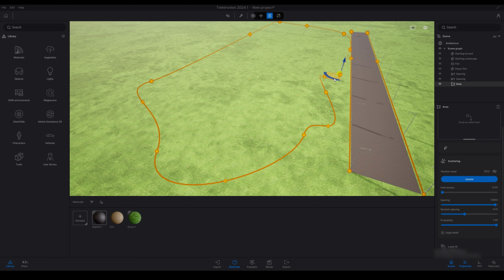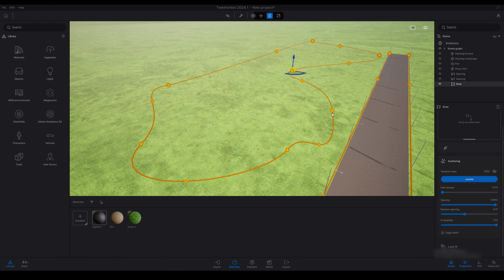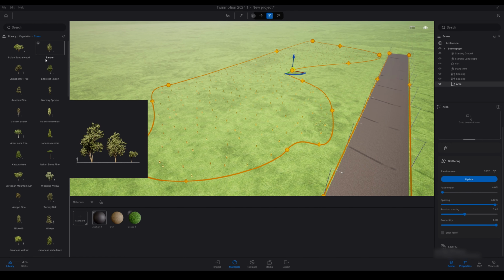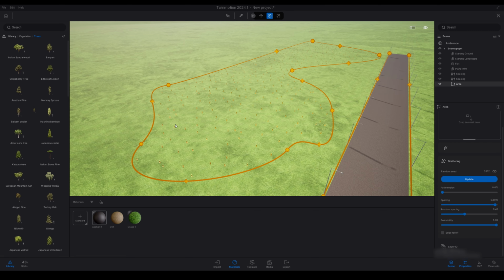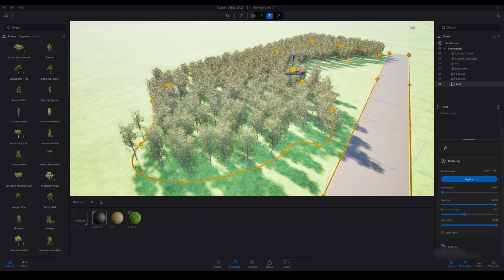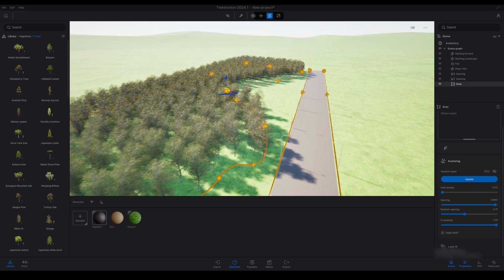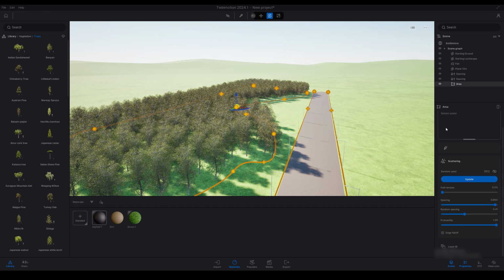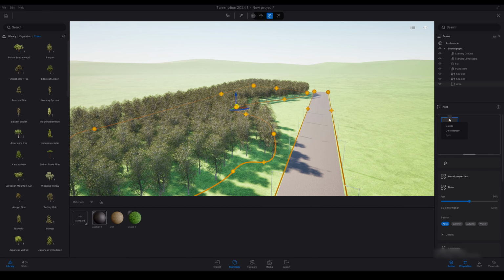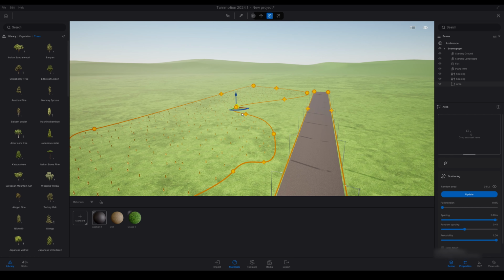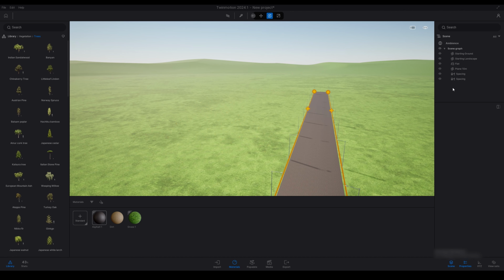Because you can see here, I can fully customize the shape of the area and where I can place vegetation or objects. So it just fills that whole section, which is pretty cool, because then you can create gardens and stuff like that, which is pretty awesome.